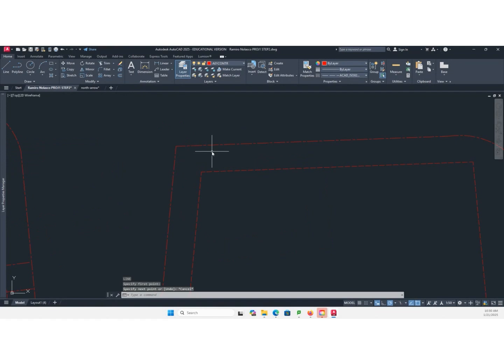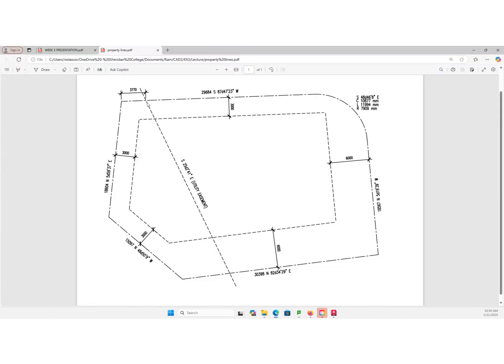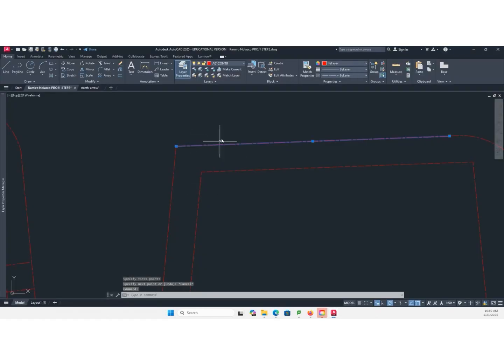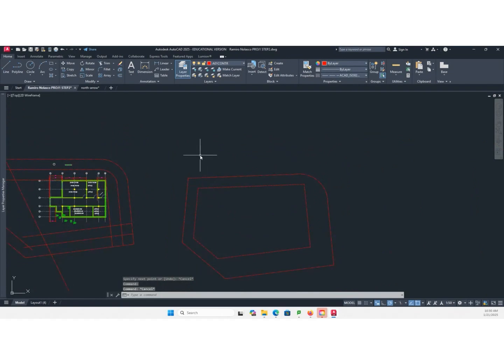It should be perpendicular to that line. So I'm going to create a line starting here. This is a technique: to make it perpendicular to this line, I'm going to type PER, enter, and that's a perpendicular line.